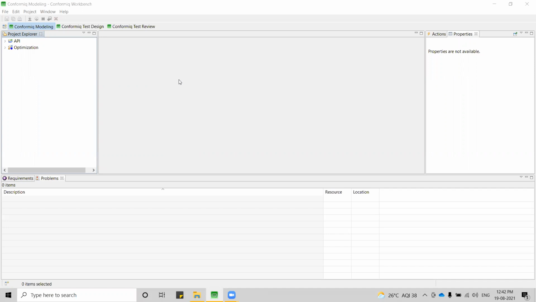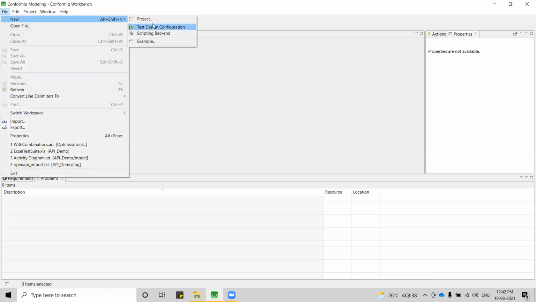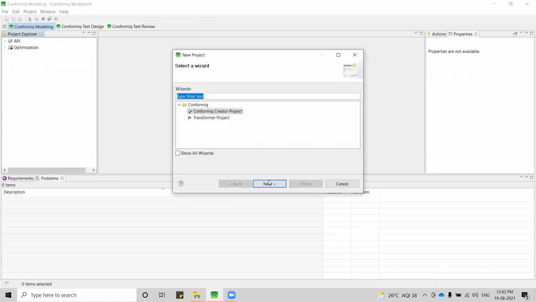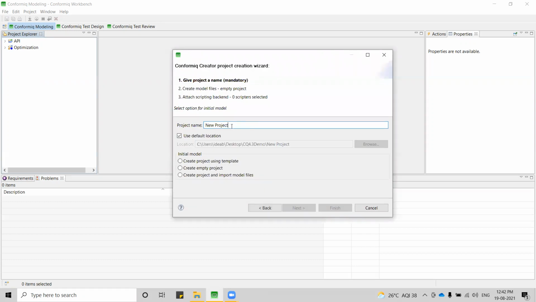Today we are going to discuss how we are going to create BDD models, and on top of those models how we are going to get feature files generated. We are also going to see how Cucumber, Selenium, and JavaScript are generated with the help of scripters. So let me create one BDD project so that it will be easy to understand how those feature files are generated and how exactly we are creating this project.